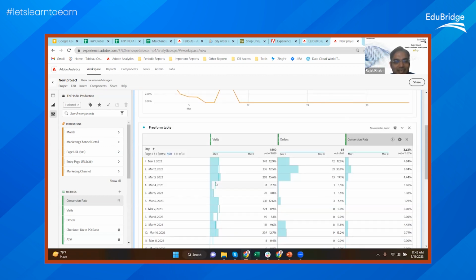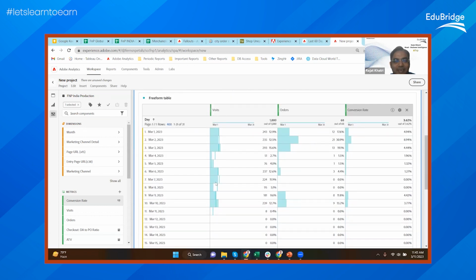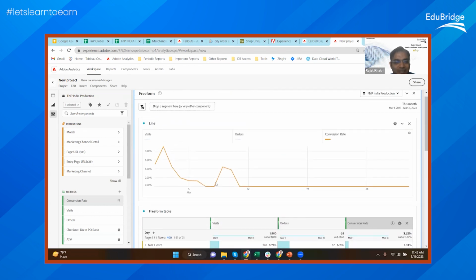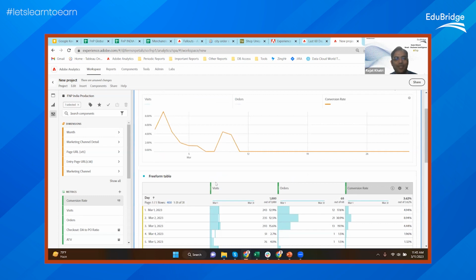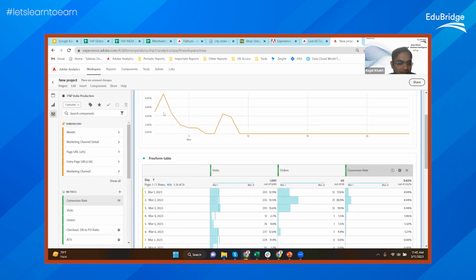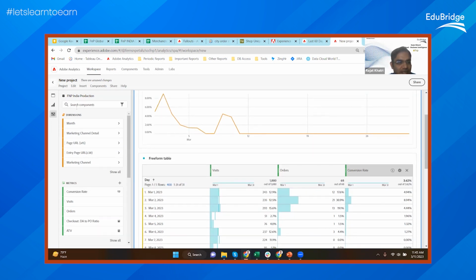Let me just spend 5, 7, 10 more minutes telling you how I try to answer these questions, right? Because that is what the analysis is all about. You might understand the tool very soon. You might understand the metrics very soon, but how to analyze the data is not something everyone will teach you. A typical problem that comes to me is, let's assume this only, that, okay, what happened on 2nd of March that I see such a good conversion rate and there was no event. So the first thing that I'll do is